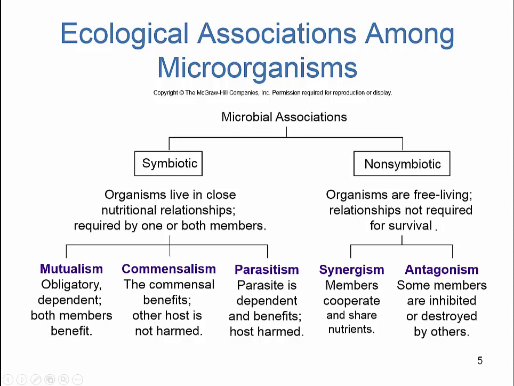Alternatively, antagonism is when you have members that are inhibiting or destroying the livelihood of another microorganism. And so antagonism would be if you were particularly sabotaging a classmate during an exam. Antagonism is most classically defined when you have a microbe that produces a chemical inhibitor that will block the growth of another microbe that would compete for space in the same environment. And that is exactly how we have isolated a lot of our antibiotics.